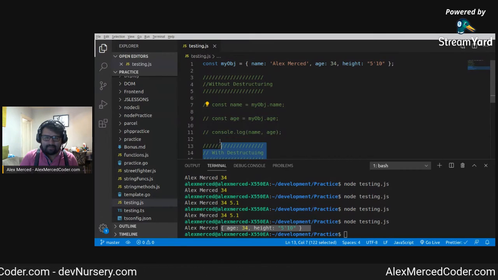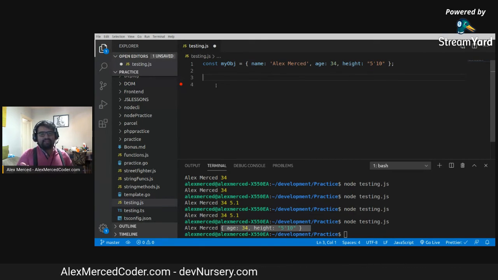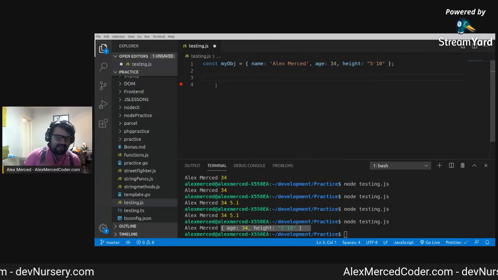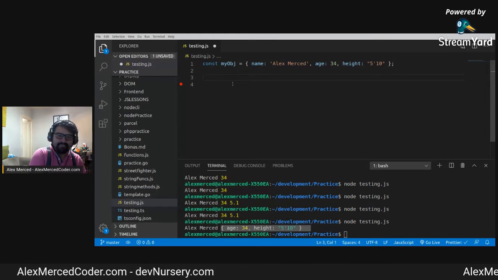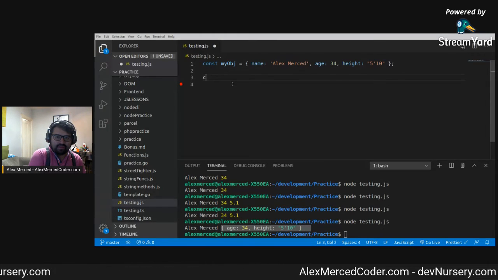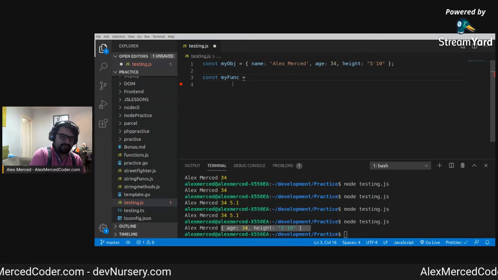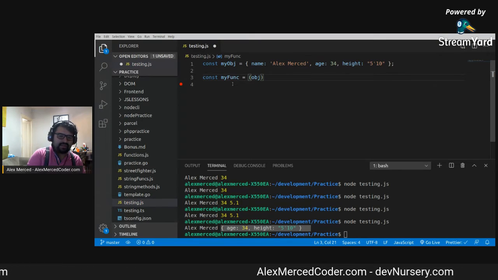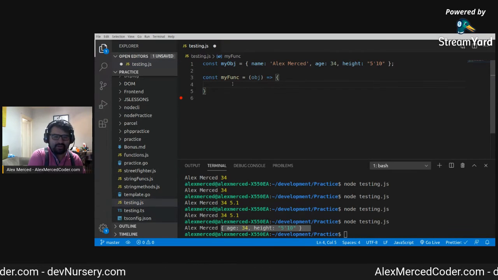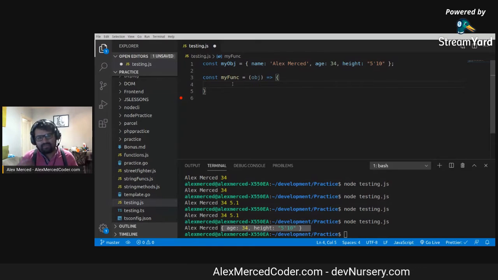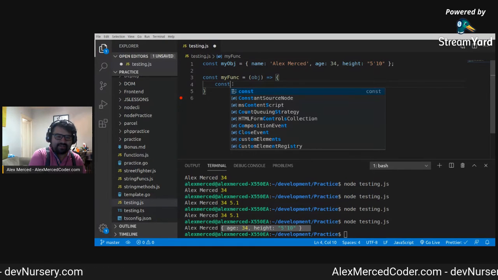Now, let's just delete all this. Let's say I'm creating a function that takes in this object. Okay, and I always know that the object I'm planning on taking in is always going to have a name, an age, and a height. Okay, so I could do this. Const myfunc equals obj, so being an object. And the first thing I want to do, instead of having to type in obj.name, obj.age every single time, I'm just going to destructure